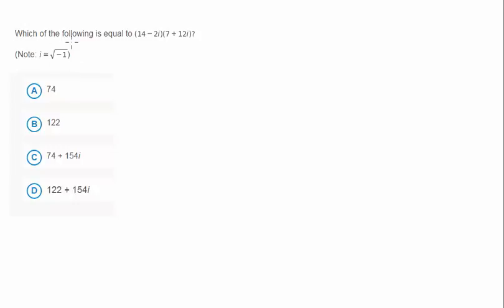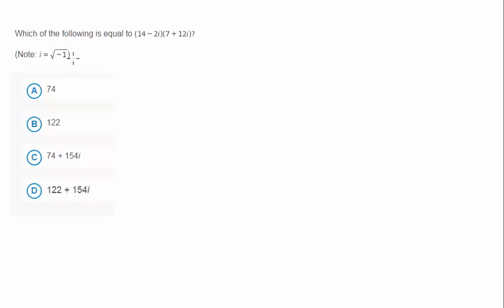In this lesson, we'll review a Passport to Advanced Math question, and calculator is not permitted. Which of the following is equal to this expression? Note i equals the square root of -1. You will see one or two questions involving i on the test, and just to review, if you're adding i,